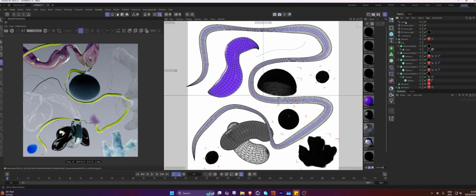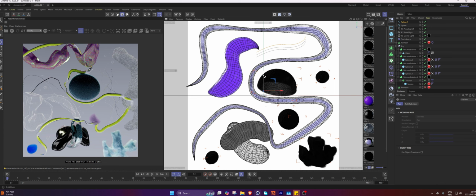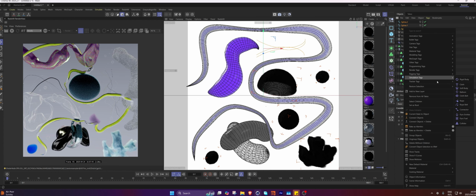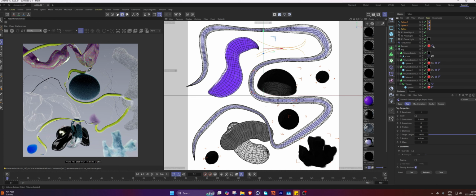I'm not going to spend too much time with this, as it's just going to be showing you guys the basics. Let's just make 3 of them. Maybe rotate this one 180. Bring this up, and let's just maybe move this a bit on the z-axis so it's not intersecting. Cool. Then I'm going to select all 3 of these, go to simulations, and add a rope onto them. And at the moment they have no segments, so let's go over here, set this to